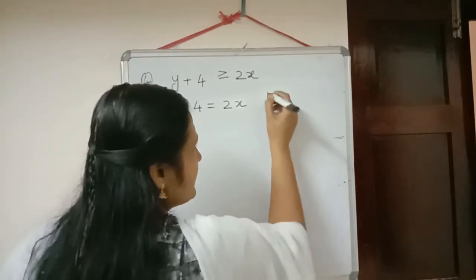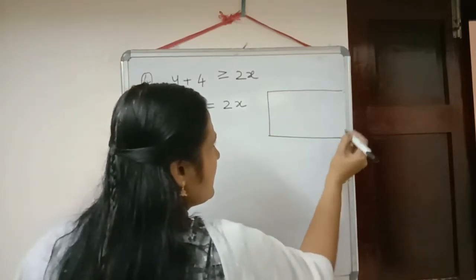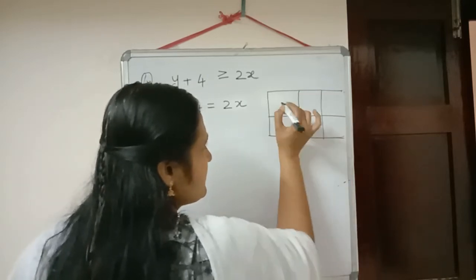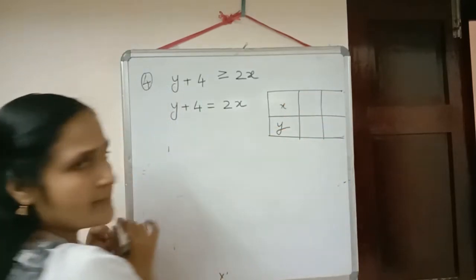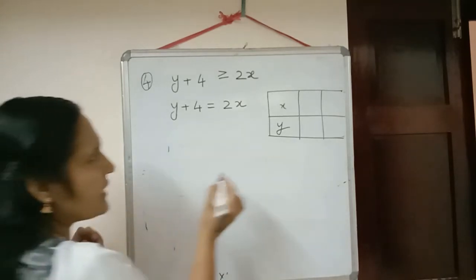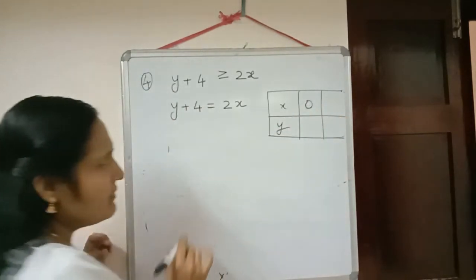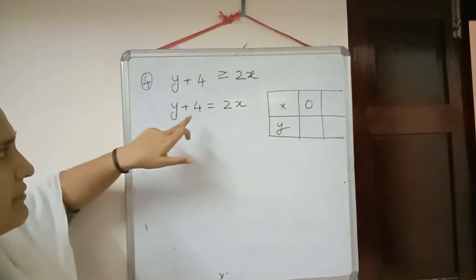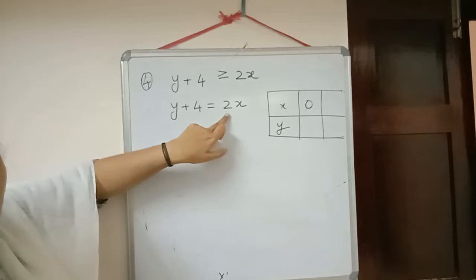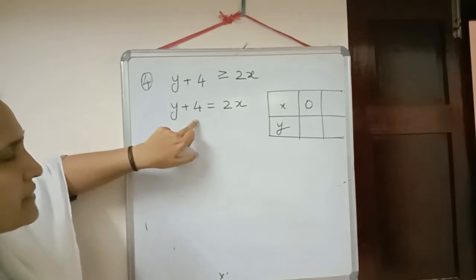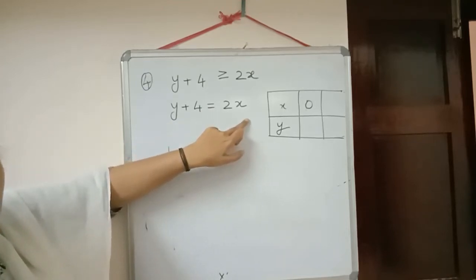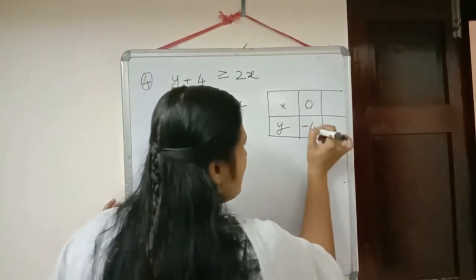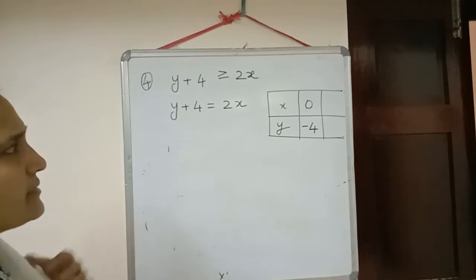You don't have to change any point there. Position also not required there. Let it be there only. We'll just substitute two values and check the points. So first one, substitute x equal to 0. When we substitute x equal to 0, the right hand side will become 0. Then we will have y plus 4 equal to 0. Then plus 4 we will shift to the right hand side, so plus 4 will become minus 4. So our point will be 0 comma minus 4.